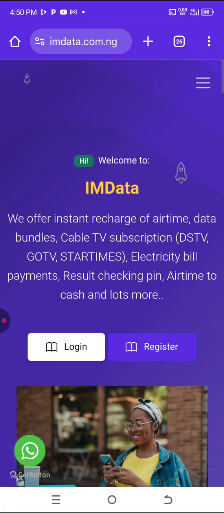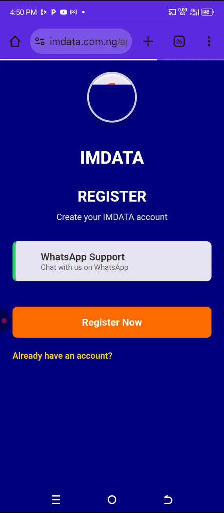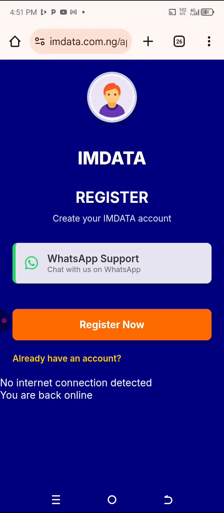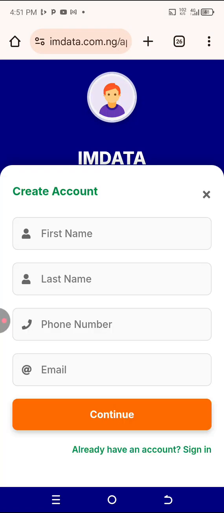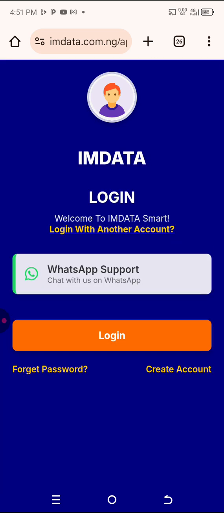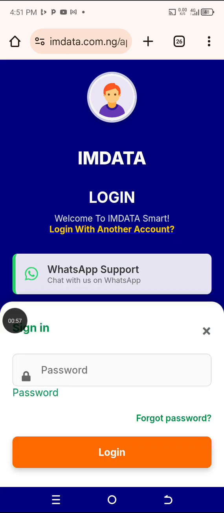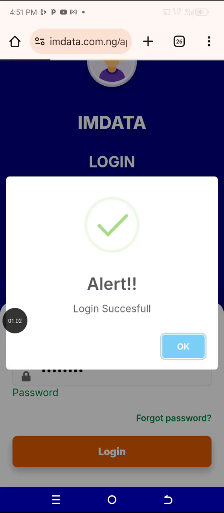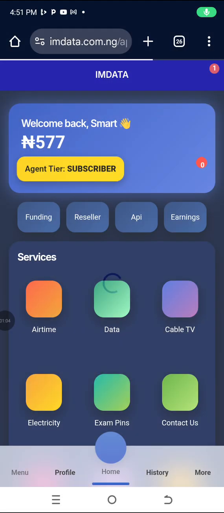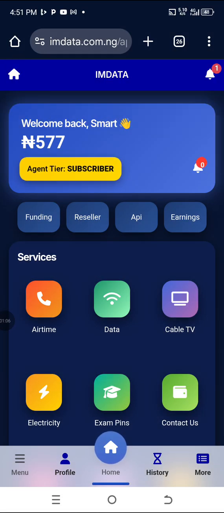So what you have to do is just sign up on IMdata. It's very simple. It's free to sign up. You just click on register and put in all your details, and once you have an account you can easily log in. So I'm going to just log in and continue this training. Once you log in, you will be sent to your own admin backend, your merchant account, which will give you clarity on how to get started